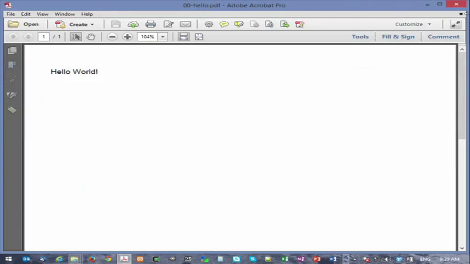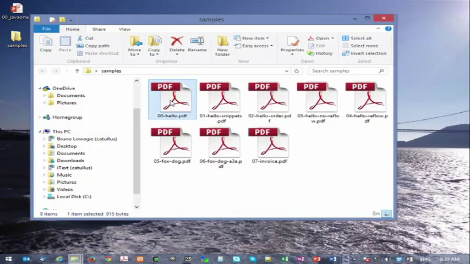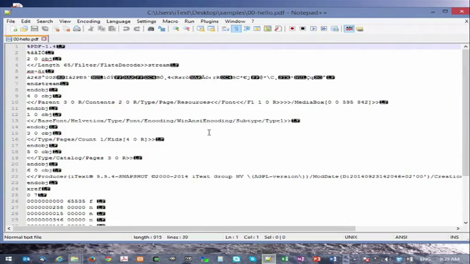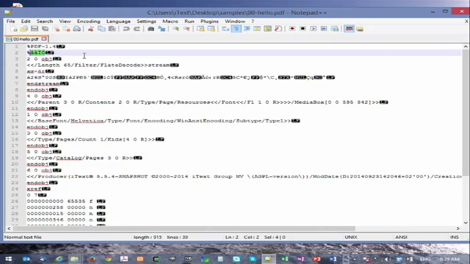We have here a Hello World PDF, and we can open this in Notepad++, and we see what the PDF looks like on the inside. Here we have the header, %PDF 1.4. Here you see the version number. This can be another version, it's just indicative. The version can be stored elsewhere too, so you don't always have to trust this number. That's legacy. And then we have some gibberish.